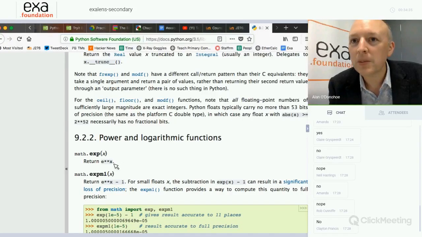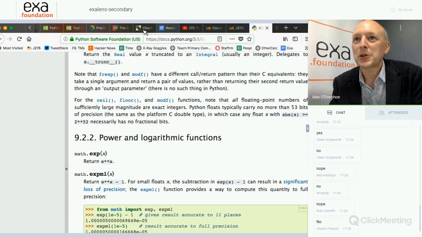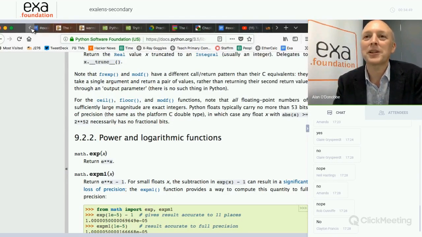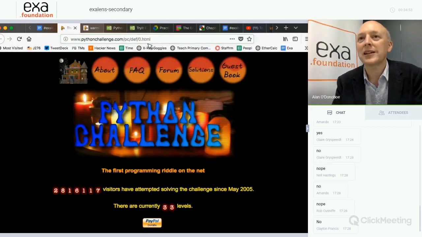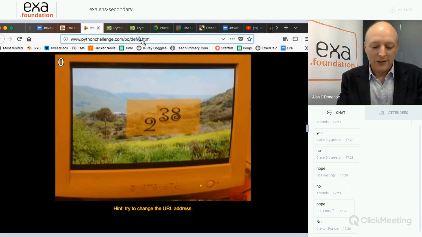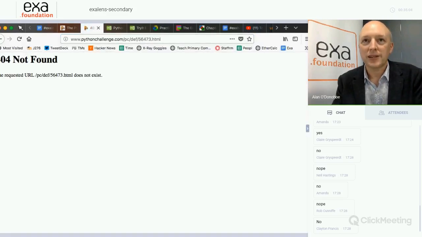So, oh, power. Math.exp, which is something to the something. So what I have to do is put something in there and do it. Right, I don't want to take up too much time doing this. I do know how to do it because I have got the challenge number 6, but that could be something you could try. But what is really nice about the Python challenge is, let's just say, I should have got the answer earlier. Let's just say it's something like 56,473. I have made this number up,